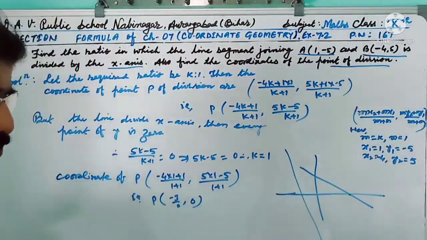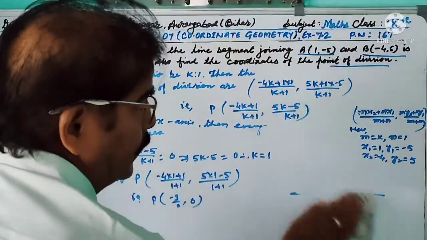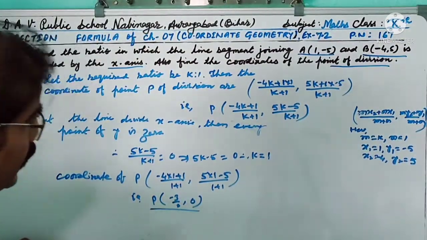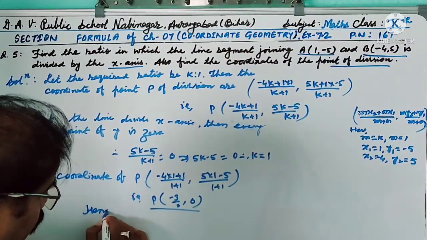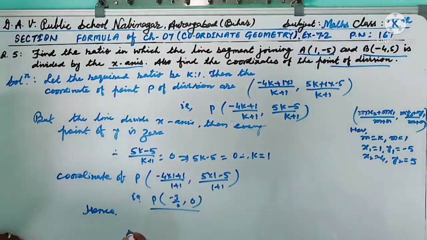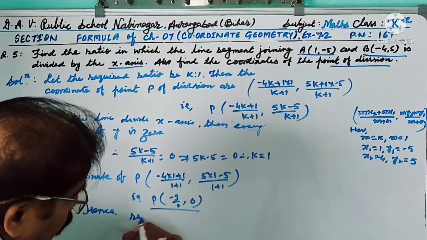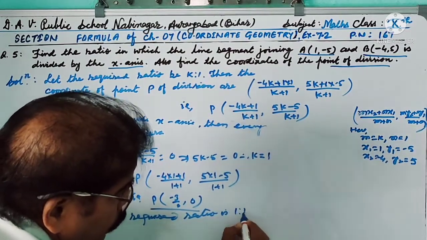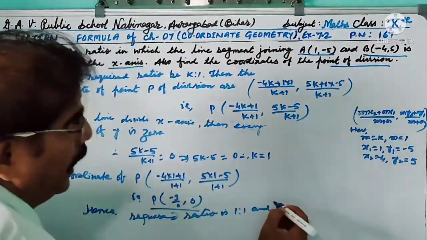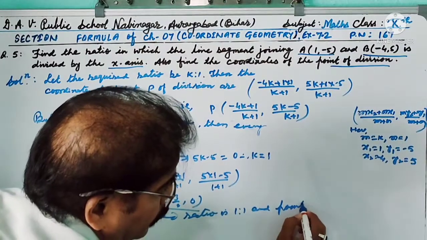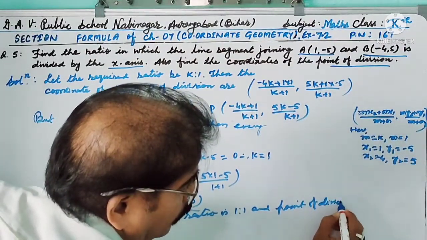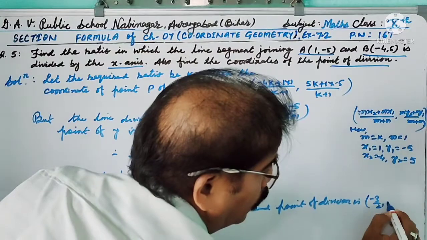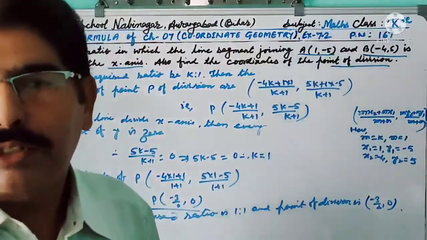So dear students, the required ratio is 1:1 and the point of division is (-3/2, 0). So the next question is